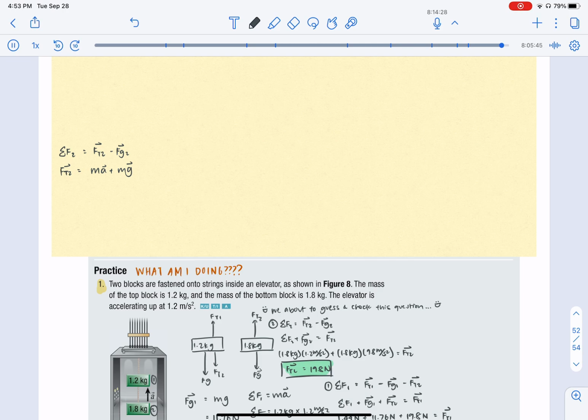So are we okay with that answer? Andre, quick question. Since gravity is going down and the force up is going up, why are you adding them? Is that how you rearranged it? Yeah, so here the lift force is up, the gravity is going down, that's why there's a negative sign here. Right? And then when you find the lift force, you've got to bring that to the other side,